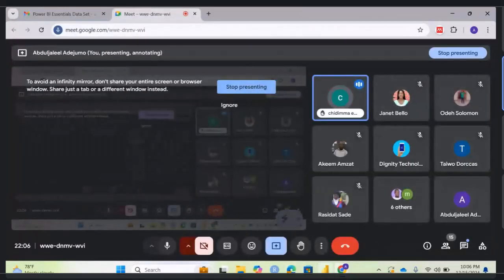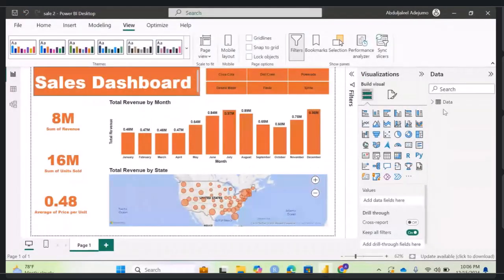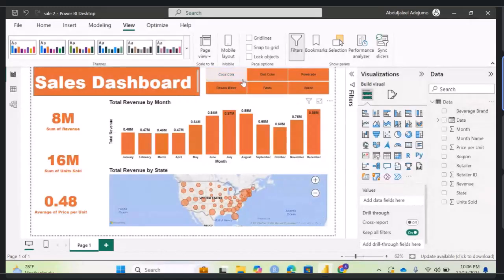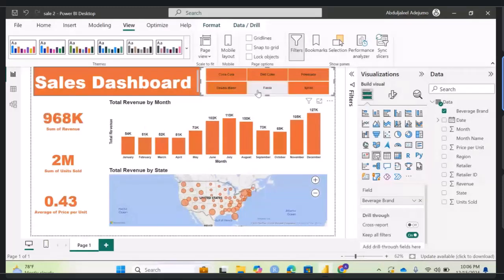Okay, so what did you put in your slicer? What column did you put in the slicer? Yeah, it's category. I think it is category. Okay, beverage brand. Okay, very good. Then, Coca-Cola. If you click on it, it will change, like we're doing in Power BI. Then, sir, the bar charts,